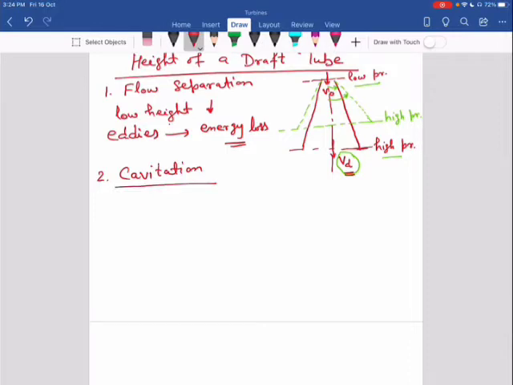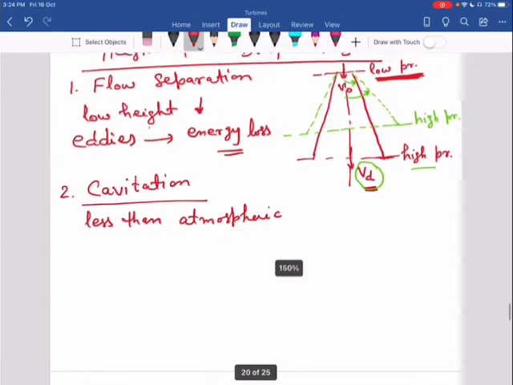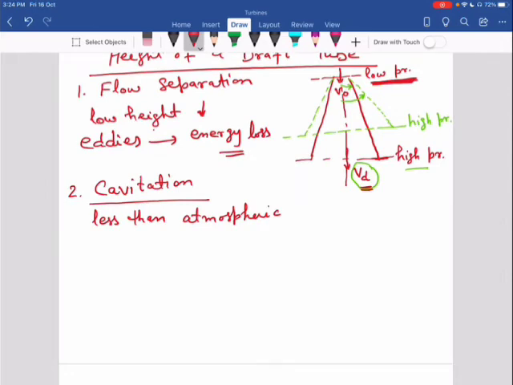So as you can see, at the inlet to the draft tube, the pressure is low, and that pressure is less than atmospheric by an amount equal to the height of the draft tube above the tail race level. Okay. Now, if you increase that height, then what happens? The pressure continuously goes on decreasing at the outlet. So a stage comes when at the outlet or inlet to the draft tube,